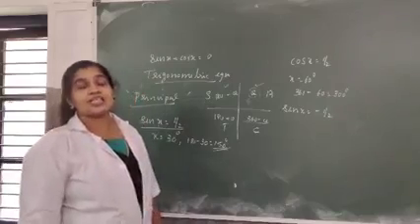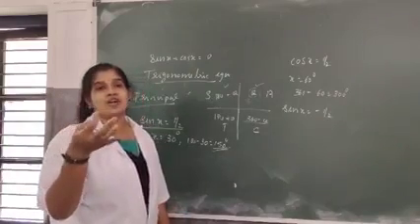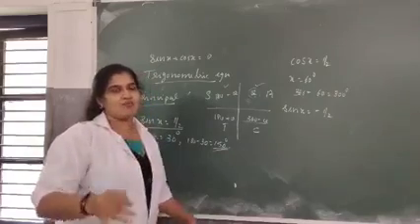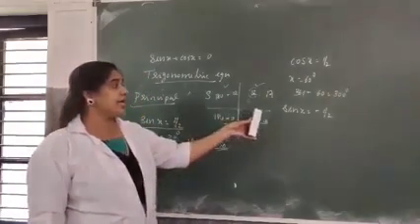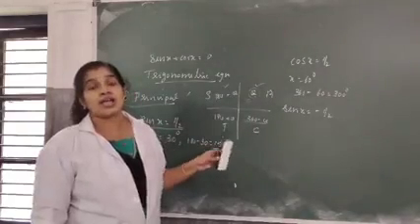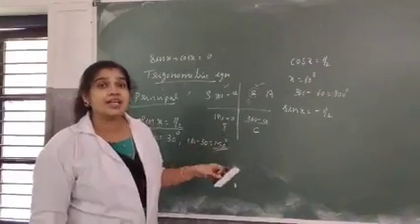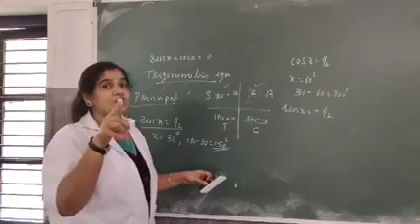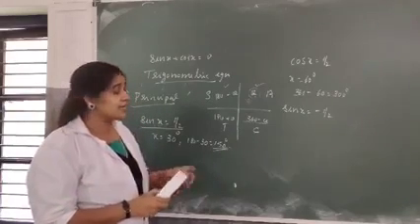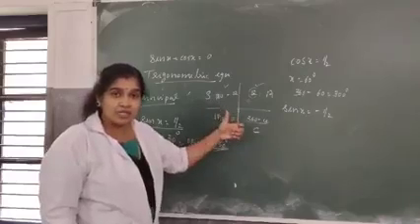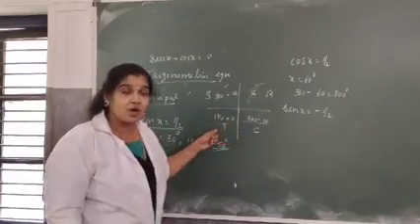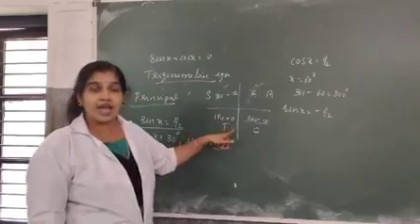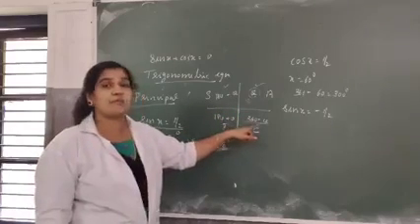Then the third question, sine x equal to negative 1 by 2. No need of doing all the questions, but you should know the idea of principal solution. Sine x is negative 1 by 2. You should identify the quadrant. In which quadrants is the ratio sine negative? Third and fourth. Then our principal solution lies in the third or fourth quadrant. In the third quadrant the angle is 180 plus theta, and in the fourth quadrant the angle is 360 minus theta.